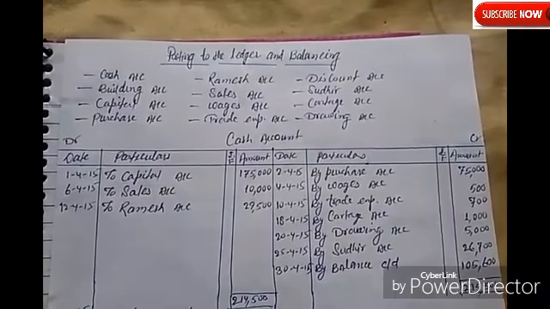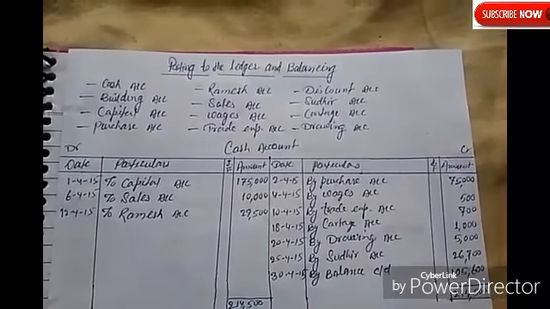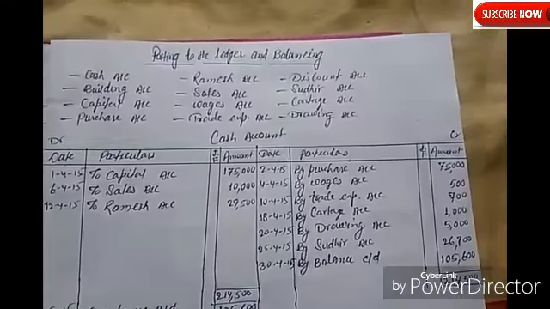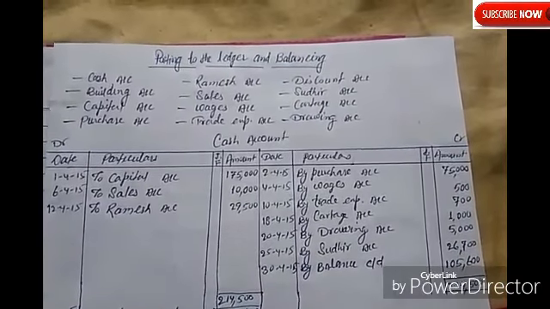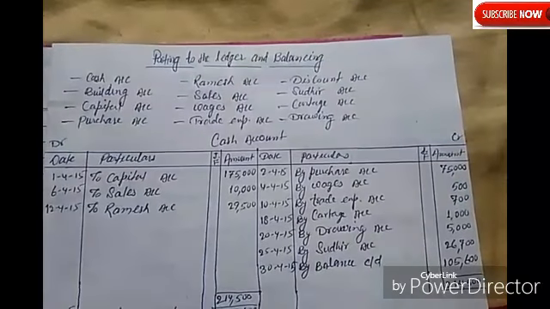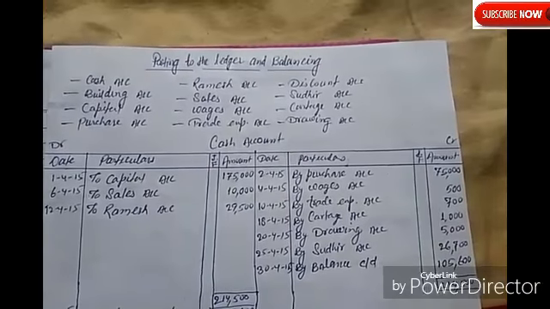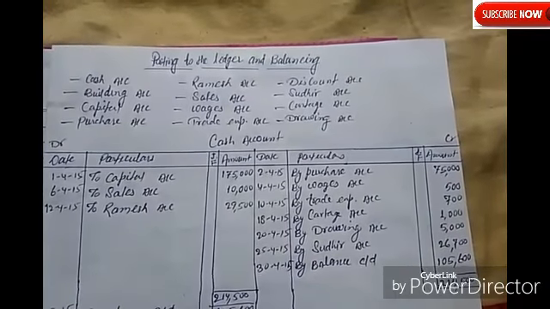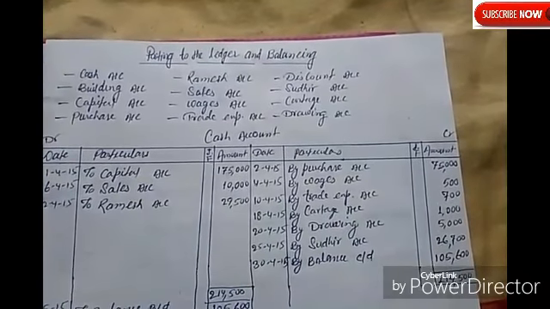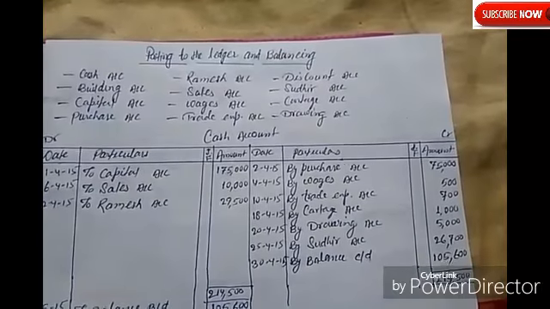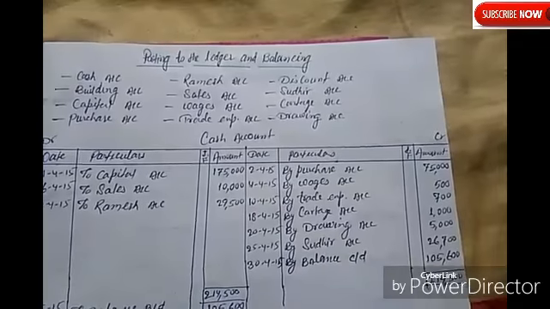As such, the ledger is very useful. It is of utmost importance in every enterprise. Each account in the ledger is divided into two equal parts by a vertical line. The left side of the account is known as the debit side and the right side of the account is called the credit side. The debit side is meant for recording the debit aspect of a transaction and the credit side is meant for recording the credit aspect of transactions.